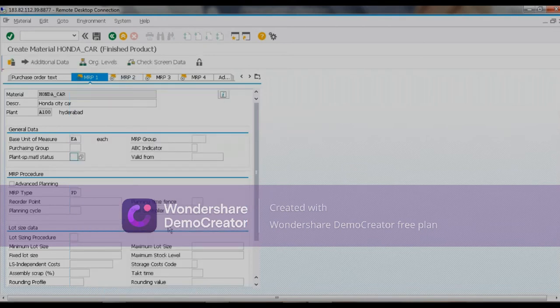And next is MRP controller. MRP controller is only a person who does the MRP related things, and this controller you can use for a reporting purpose also.